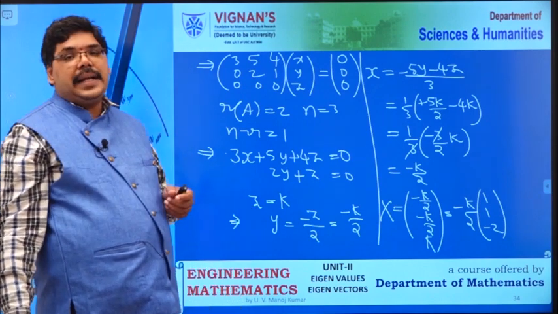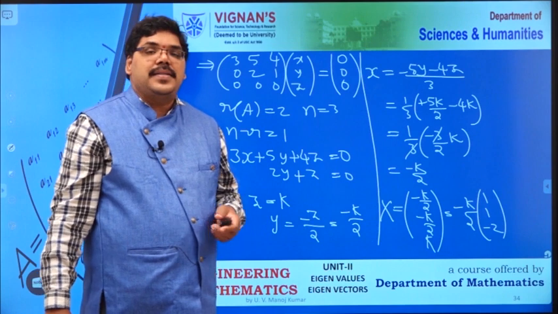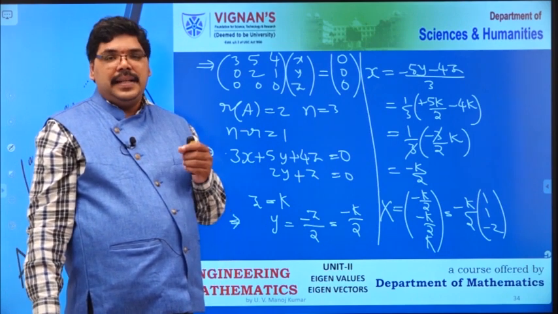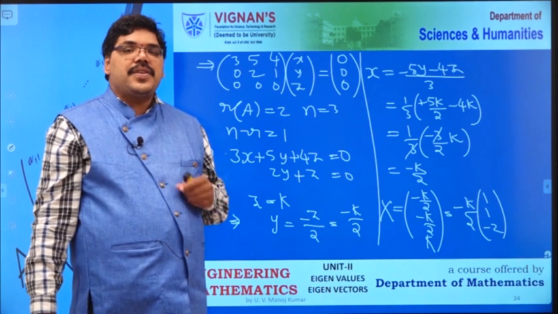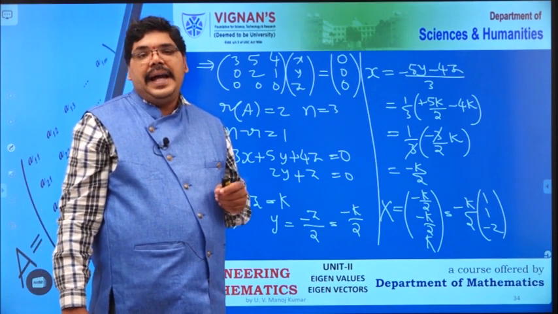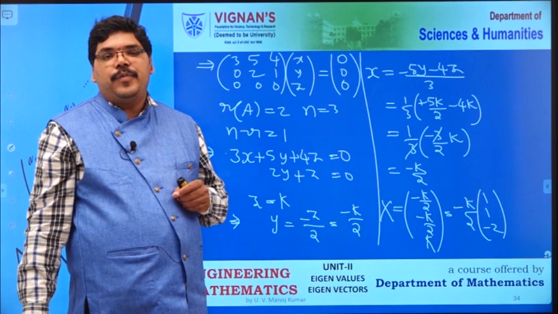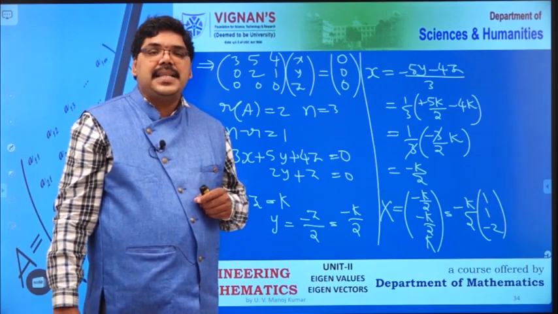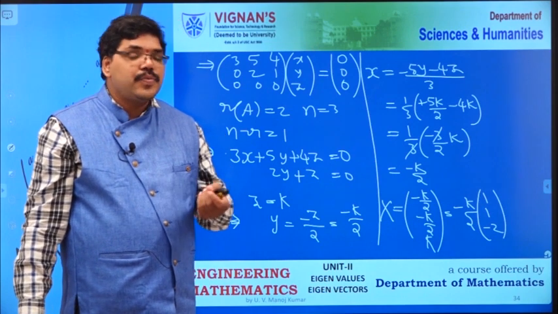So we have calculated eigenvalues and eigenvectors. Have you observed anything special in this problem? Yes. The first specialty of the problem is that eigenvalues are repeated. One of the eigenvalues is repeated twice. And second, how many eigenvectors did we obtain?